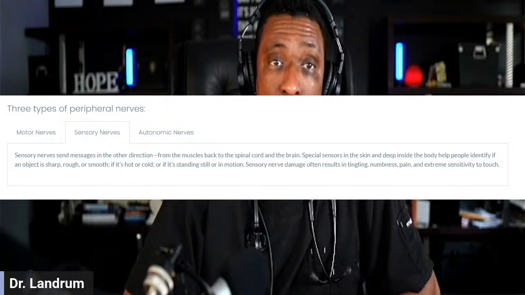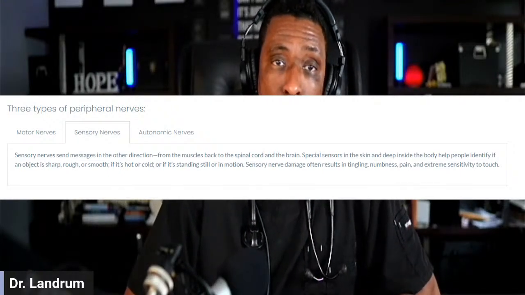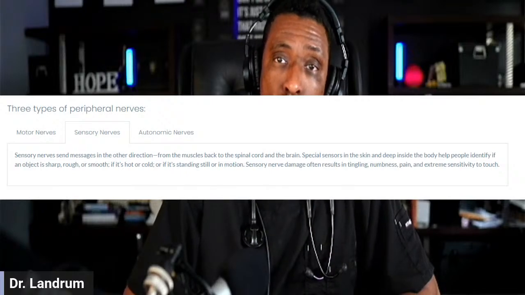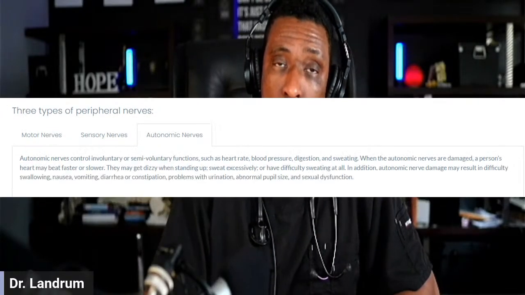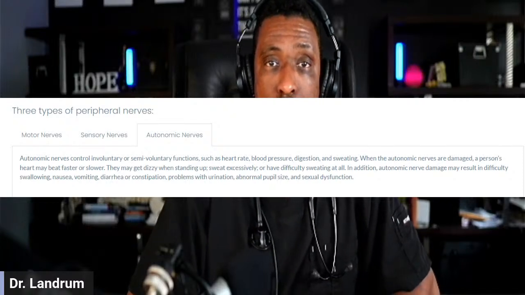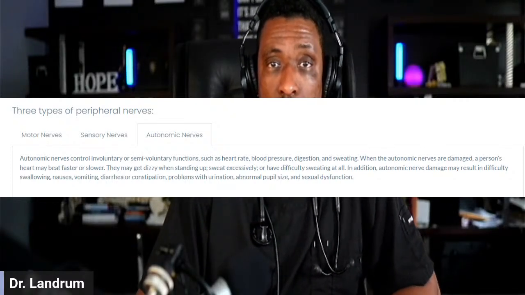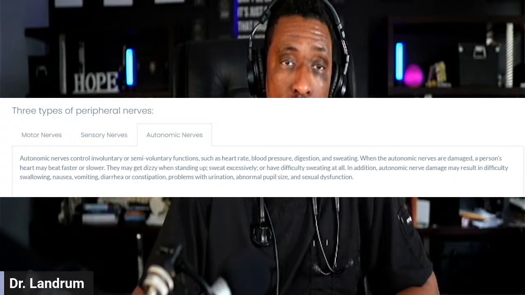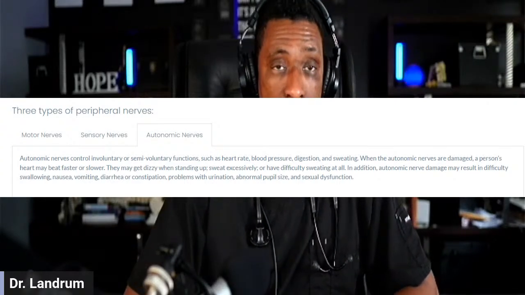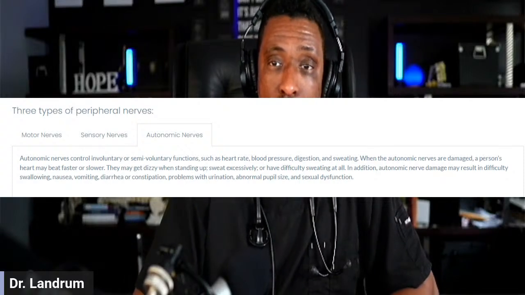Secondarily, there are sensory nerves, where it's the aspect of perception, where you can tell if something is sharp or rough. We can see proprioception, where your body happens to be in space. And then finally, the autonomic nervous system, which is probably one of the most complicated and least understood, where you can have changes in the heart rate, the blood pressure, your digestion, your sweating. These are the parts of the nervous system that control things that are part of our normal body makeup that we don't actively have to think about, but our nervous system does on its own.